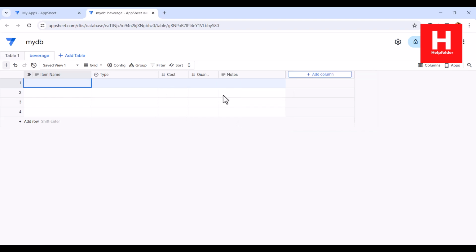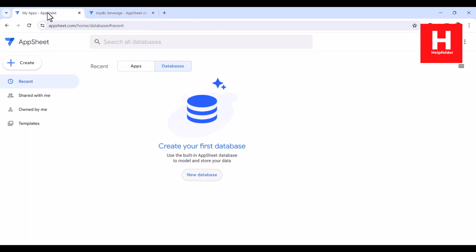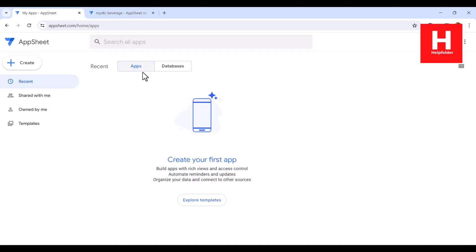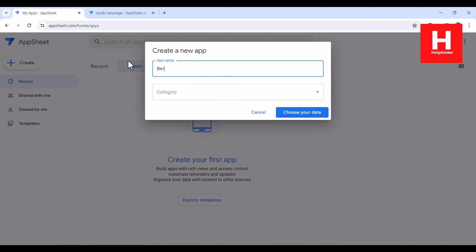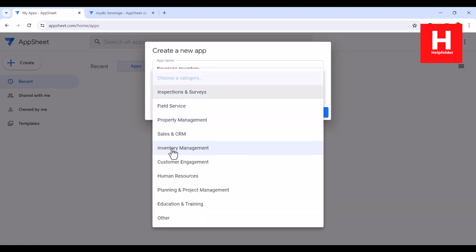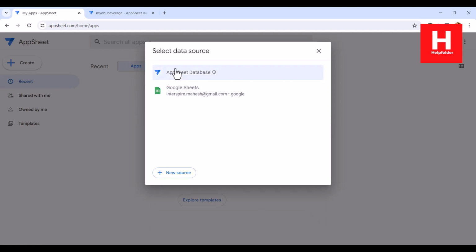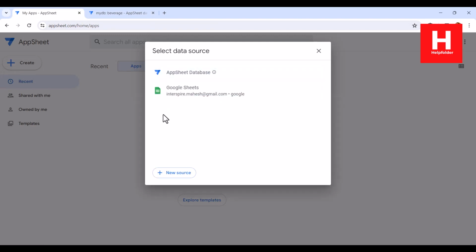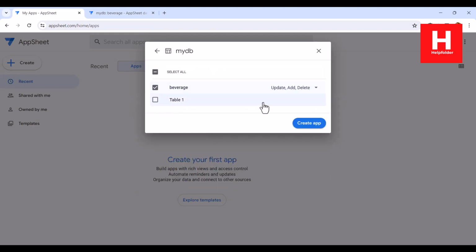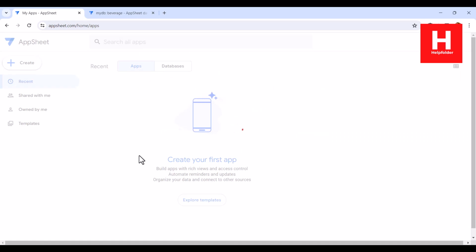So all of this given, I will go back to the dashboard where you can see I have no apps, so I will click create, then click app, start with existing data. Now I will name this beverage tracker inventory, right? So there should be inventory type. Okay, so inventory management, choose your data, then we go and pick this particular database and table. So here you have beverage table, select that,